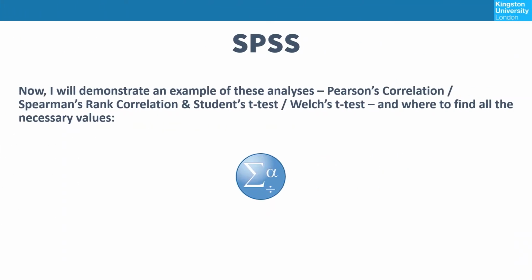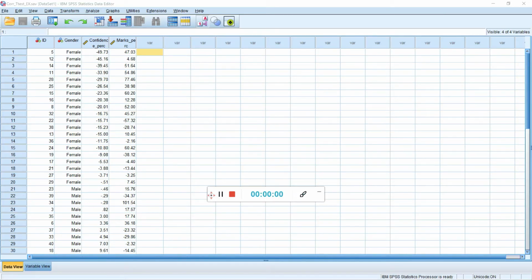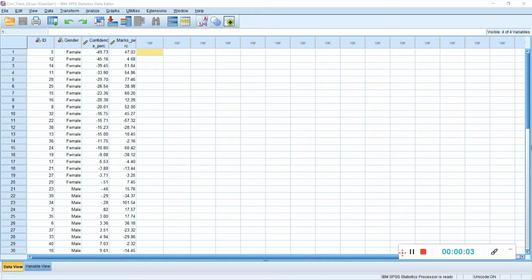Now I'm going to move over to SPSS and give an example of how you would conduct these analyses and the assumption tests, so you know where to find all of the values you need to report in your results. So now I'm going to briefly go over how you would conduct a Pearson's correlation, Spearman's rank correlation, student's t-test, and a Welch's t-test. First, I'm going to go over the assumptions that you would check in advance of running a Pearson's correlation, and then actually running it, and where you would find all the values you need to fully